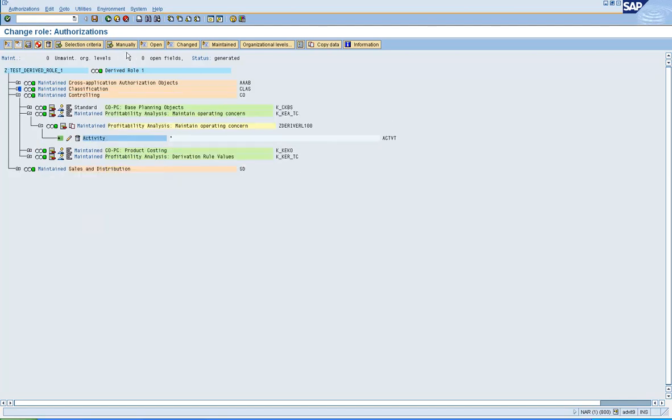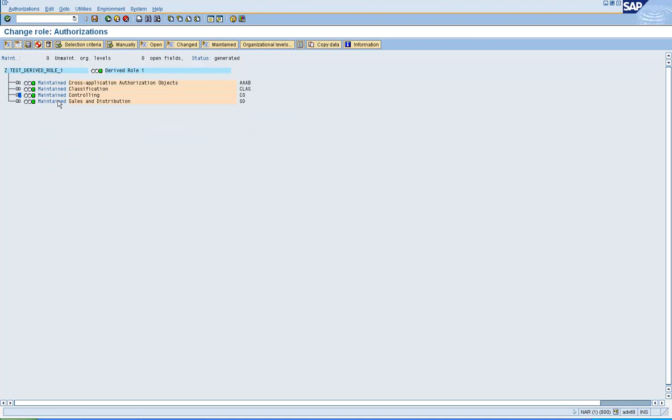Or if I add a manual object into the derived role manually and then I modify the parent role with something else, what happens to this manual object that I put into the derived role directly? And then we'll also test what happens if we make a change to the parent and see if that gets distributed to the child roles.